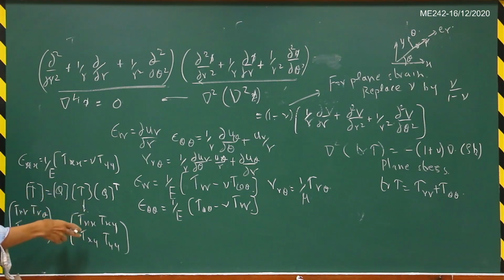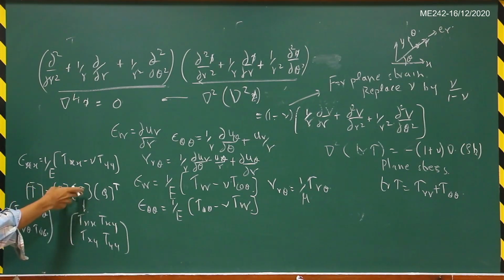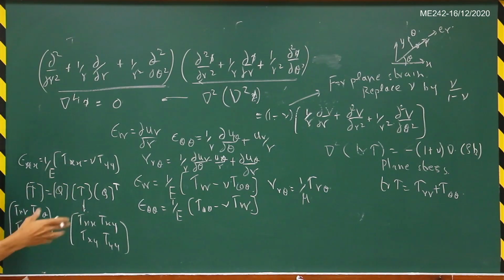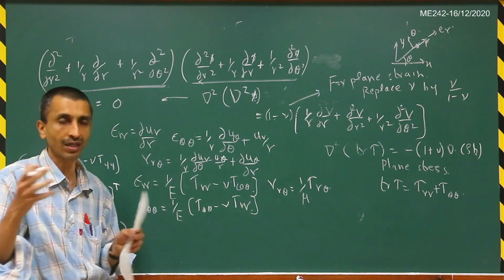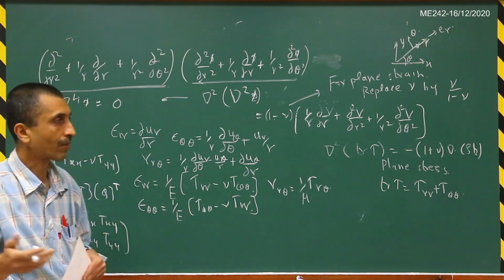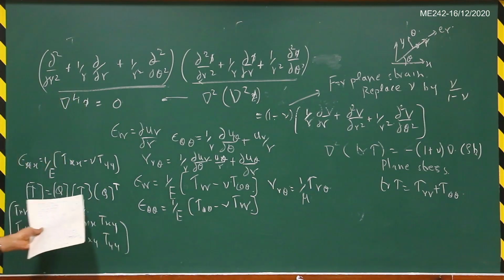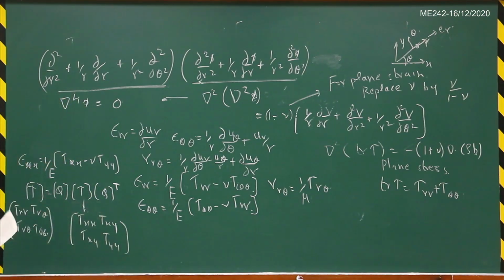So you can transform from the Cartesian stress components to the polar components, and then the reverse relation is also just multiply this by Q transpose on this side and Q on this side, then you will get tau also. So you can always go back and forth between the Cartesian components and the polar components using this particular relation here, right? So I think this sets up the whole problem. So to summarize,